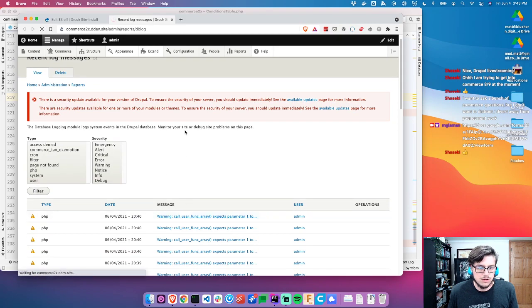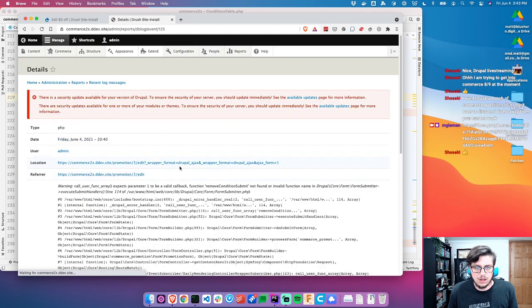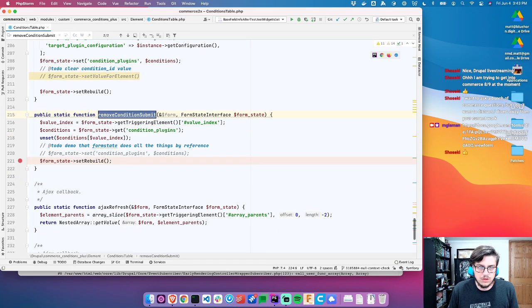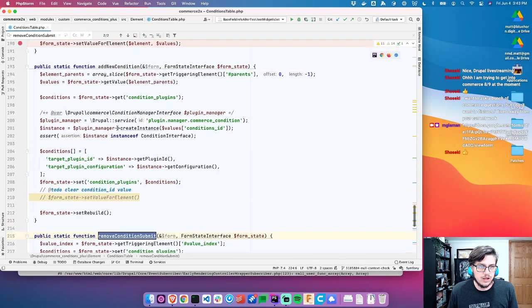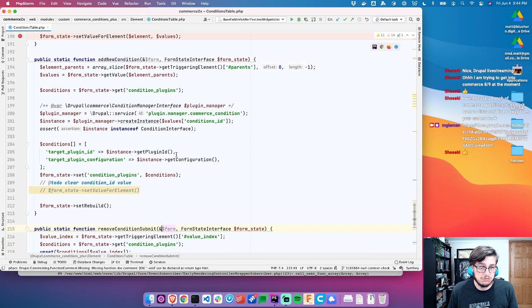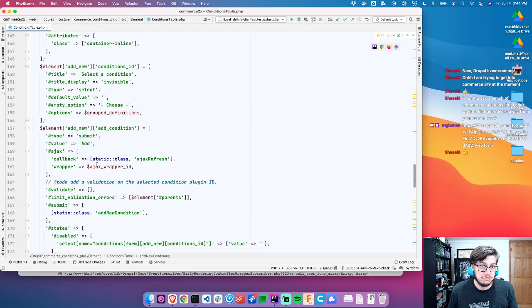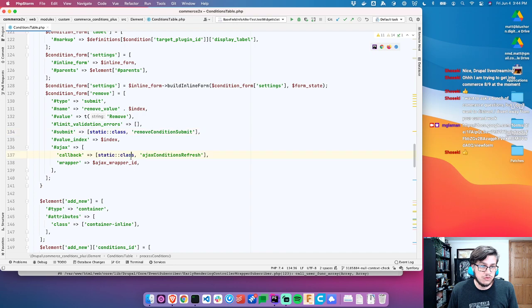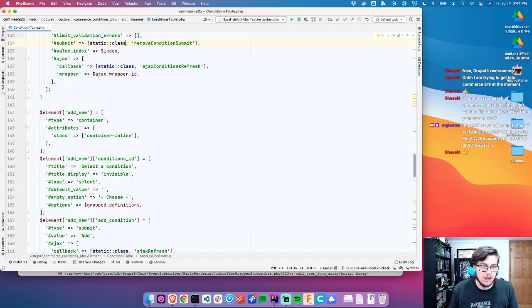Oh, here we go. This is why: call_user_func_array expects parameter 1 to be a valid callback. Function remove condition submit not found or invalid function name. Well, that's a lie because it is right here. Public static function, looks valid to me. Let's try not doing it this way and doing, I know why. All right, so